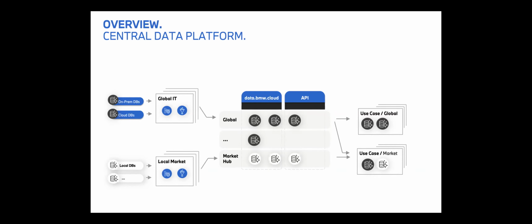their own analyses there. And this is also what you see on the left side, where you have those different accounts from the global IT, for example, where you can bring all the data into the global hub, but you have also the accounts from the local markets where they can bring their own data. And on the right-hand side, you have the use cases where the actual magic is then happening to derive real insights from the data that is stored in the Cloud Data Hub into dashboards, for example, or machine learning models.